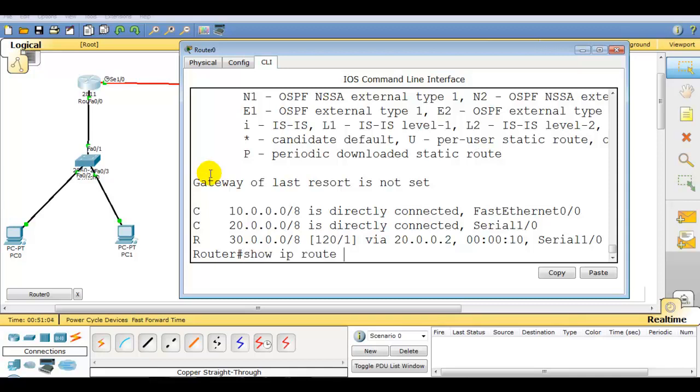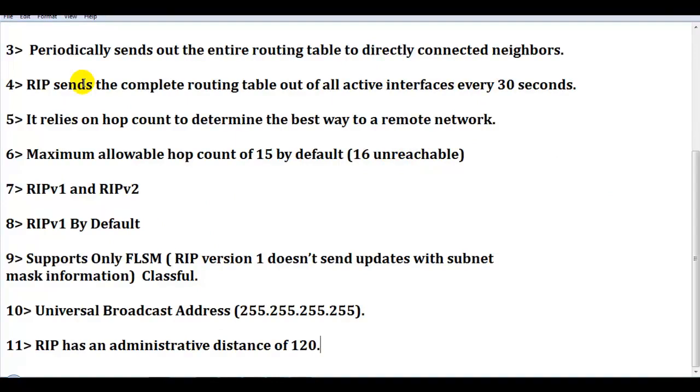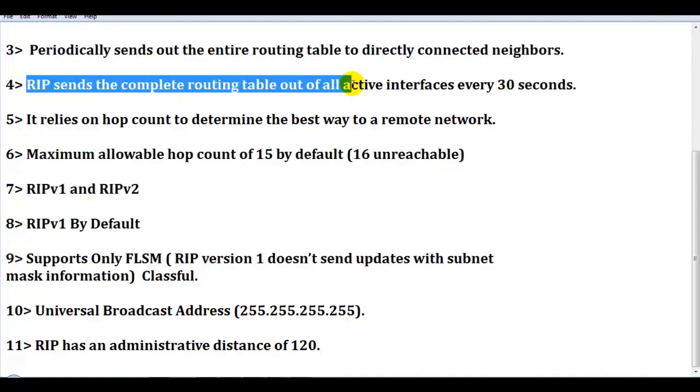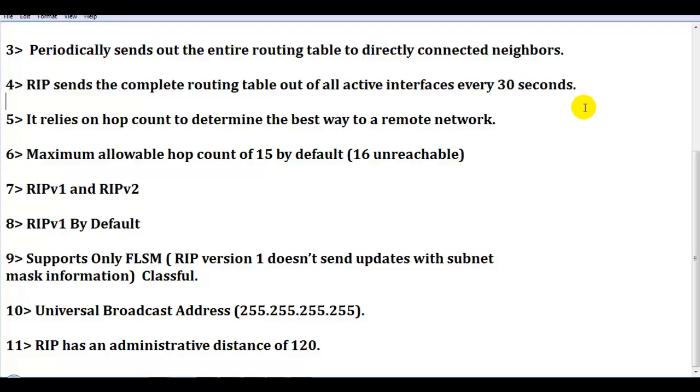That's why this count reached 0. When it reached 0, it sent its entire routing table to its immediate neighbor. RIP sends the complete routing table out of all active interfaces every 30 seconds, that I just showed you.